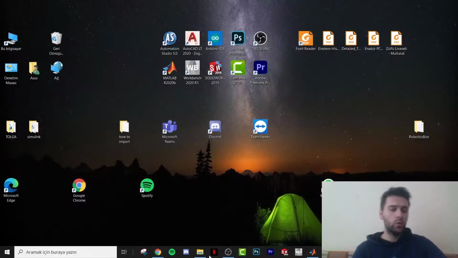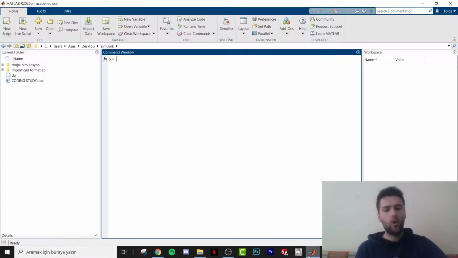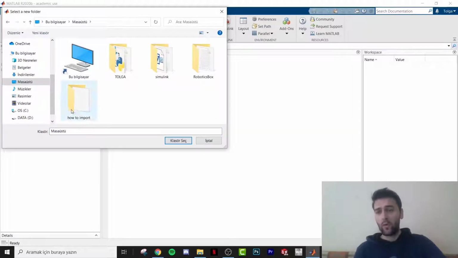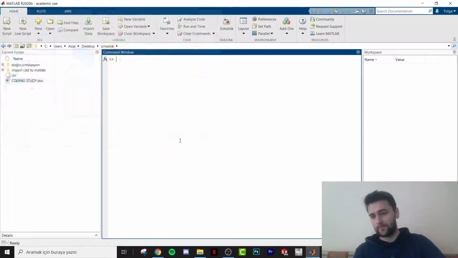Now it's time to start with Matlab. Open Matlab, and before everything you should change your workplace. It is my old study here. You should click here to change your workplace. This language is Turkish, so you can use your own language. So my work folder is that. It means select the folder, so click it. Now